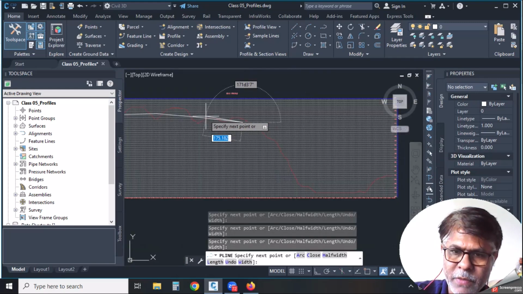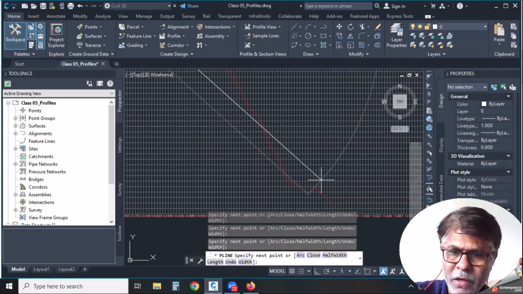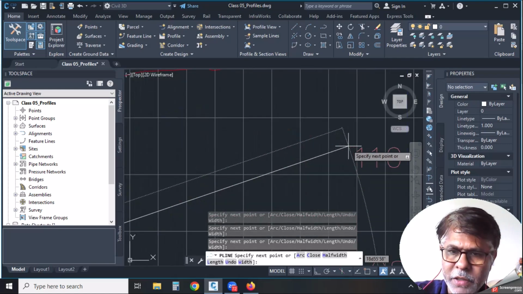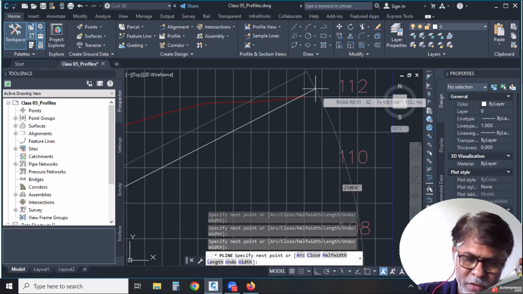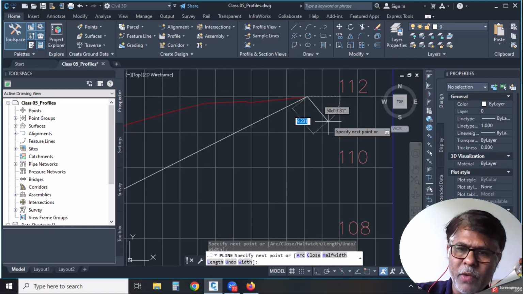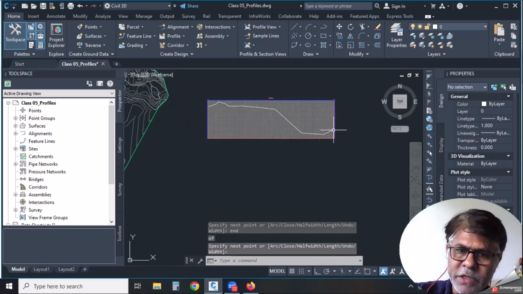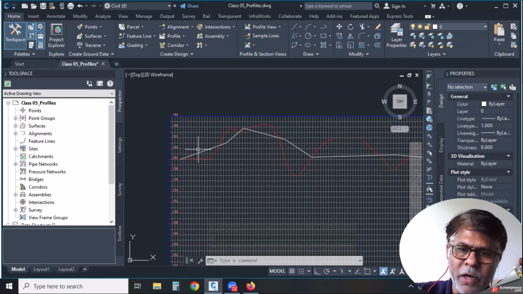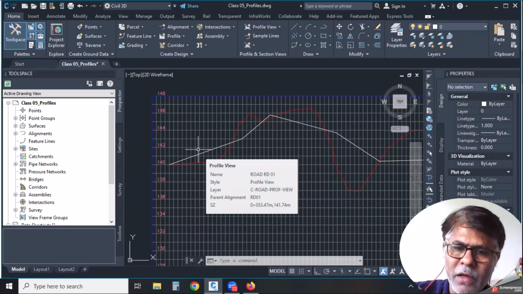So I'll just explain to you in a minute what is cut and fill and how it is managed. And this is the last one I'm going to select, and the end. This is the end point I'm going to select and say enter. This is just the reference line I have marked so that I would know how my proposed profile